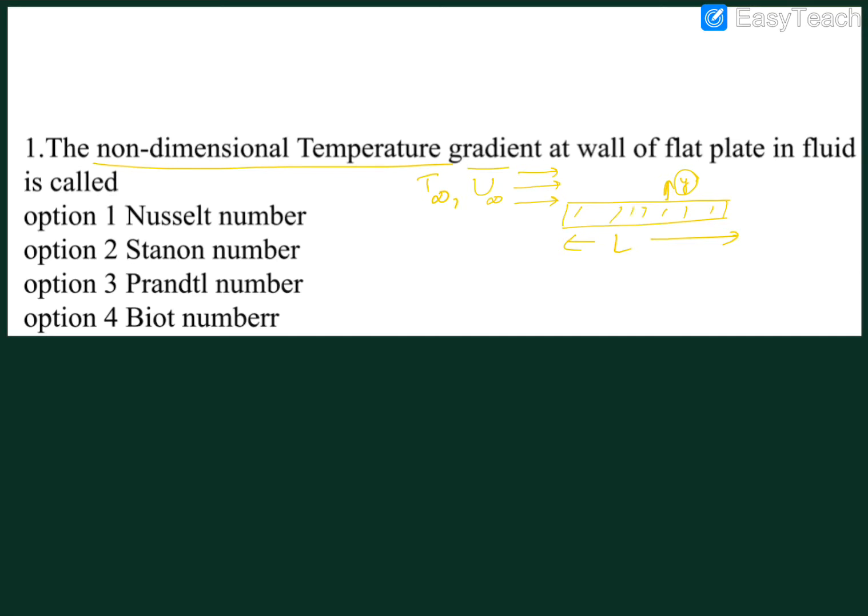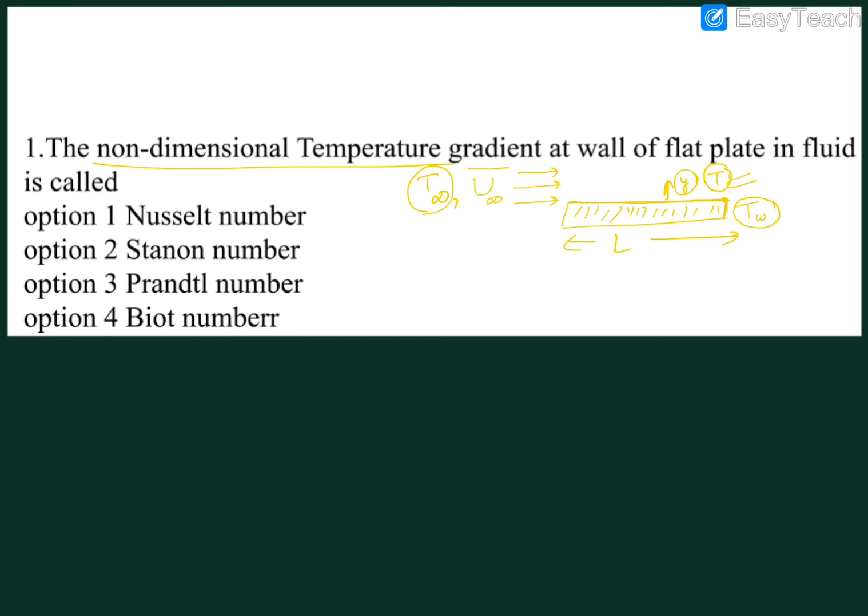So if we want to understand the phenomena of heat transfer on a flat plate, let us assume that this is the wall temperature Tw of the plate and there is a free stream temperature T infinity of the fluid, and let's say there is a variable temperature T within the fluid when the fluid comes in contact with the flat plate. Tw is the wall temperature, that means the temperature of the flat plate at the surface.